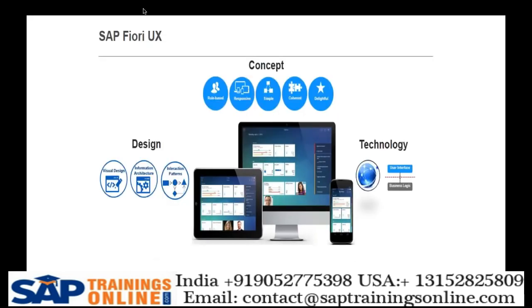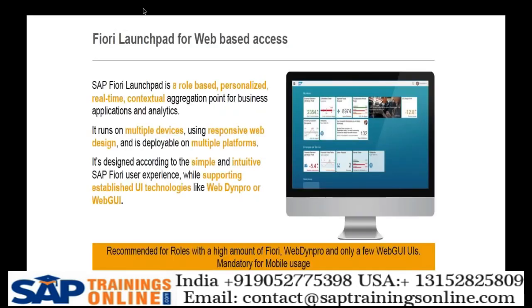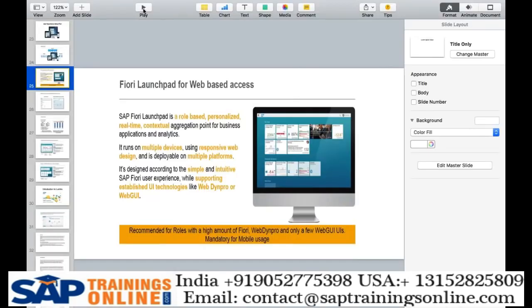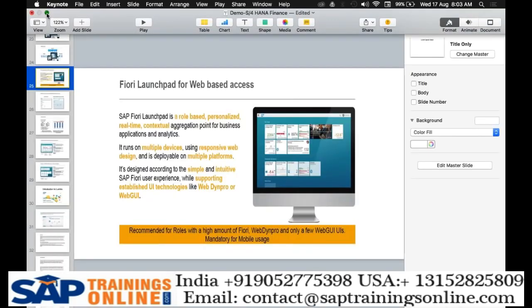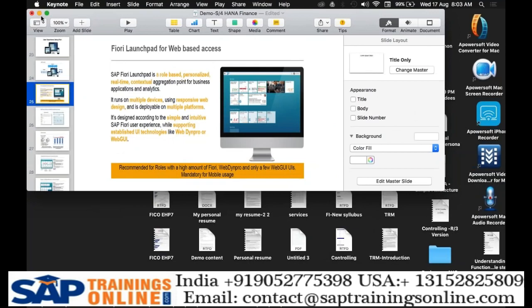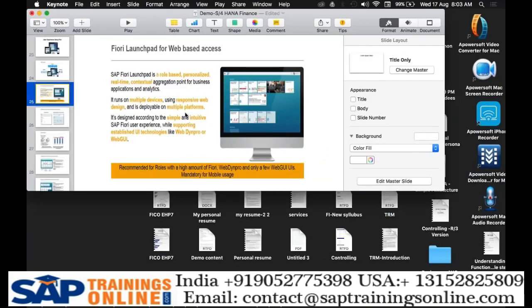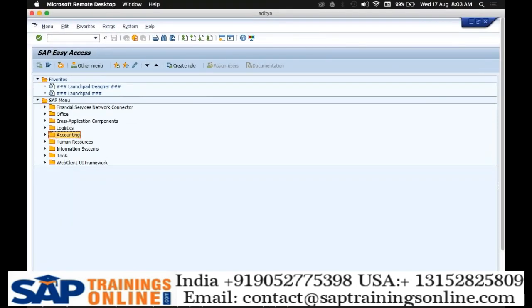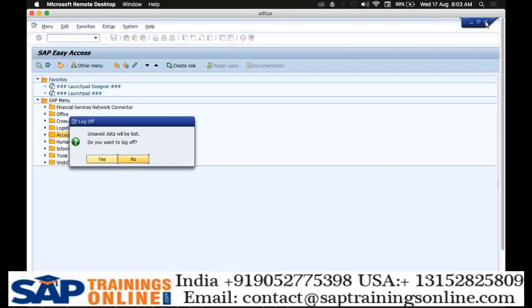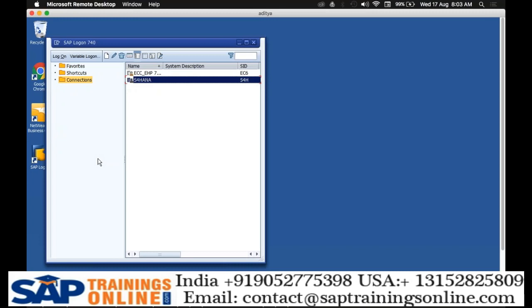By using this new technology, we can customize the screens. Here you can see the screens. In the screen, there are tabs. All these tabs, as a Simple Finance consultant, we can customize according to the user requirement. So I will show you one practical scenario in this case. Let's say you are the Simple Finance consultant and you have a responsibility. The user has a requirement. So now the user wants to use